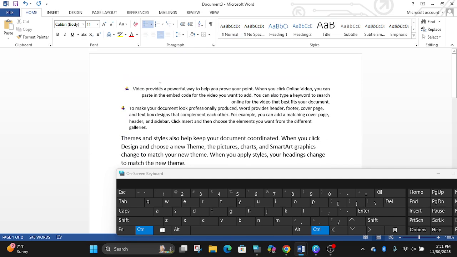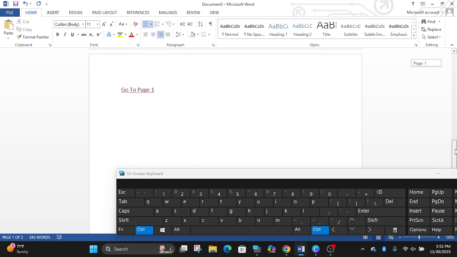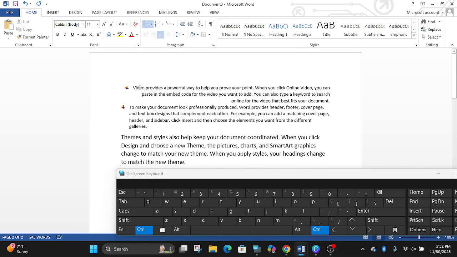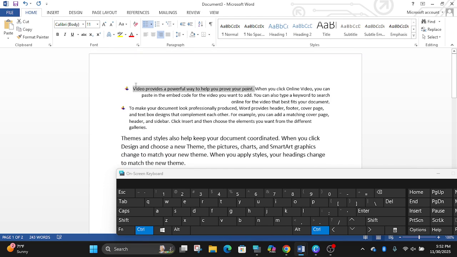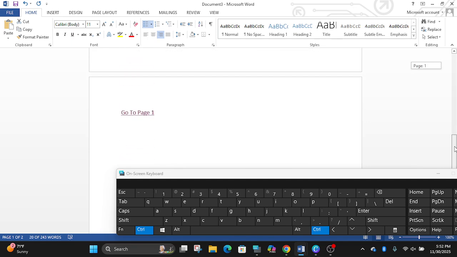Have you seen? It goes to the first page. Finished. Here is the second page, the link on the second page with the Control key. It helps you to move to the first page. If you have 100 pages in a single file, the link helps you to move to a specified place. By preparing the link, it's possible to move. And you can prepare other things the same way, like this.